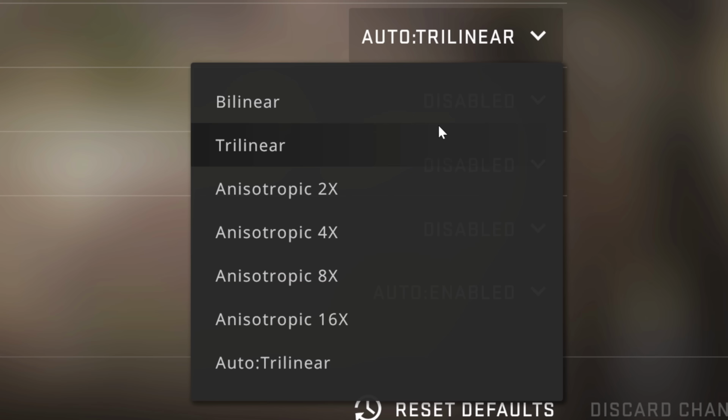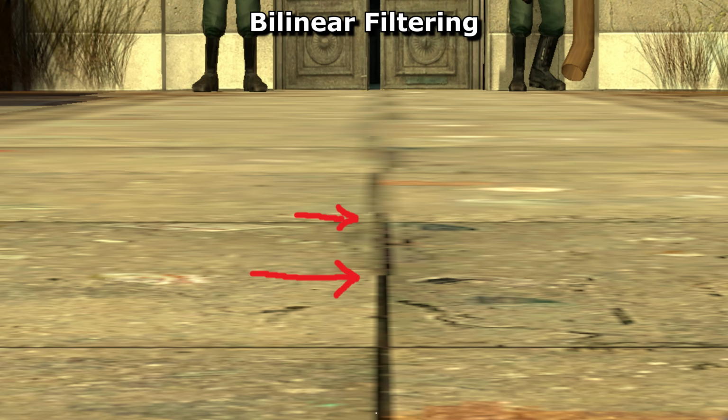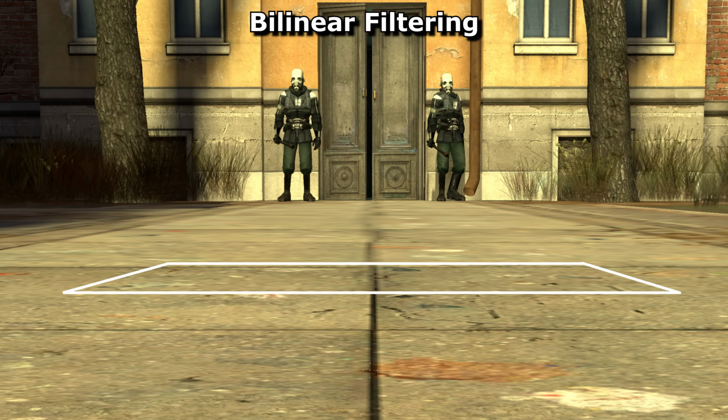But then we get on to anisotropic filtering, or anisotropic filtering if you bother to read it properly. And this is such a simple yet clever idea that even those of you who don't care about any of this stuff will still appreciate it. Look at the shape of this texture. Which quality of the texture should it be using here? Should it be using this high-res version or this low-res one? Well, with anisotropic filtering, there's a third option, and that's to use one that looks more like this.